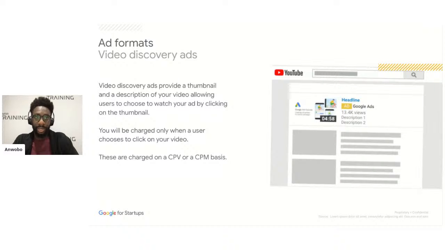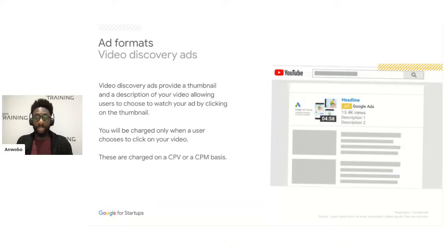and now the user can view the entirety of this video. Again, you can be charged on a cost per view basis, a CPV basis, where you can again select your maximum cost per view, and Google will get you views up to this maximum cost per view limit, so making sure you never pay more than what you are willing to pay for a view of your video.